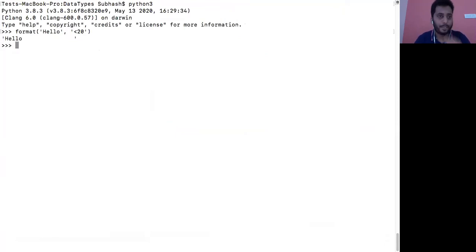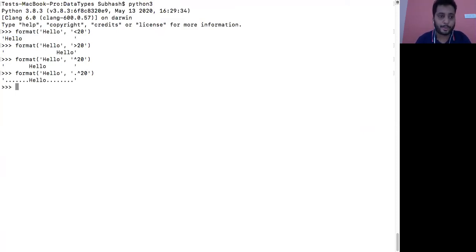You can see 20 spaces are allocated, and it is left aligned completely. If I change the sign to greater than, it becomes like this. If I change it to this XOR symbol, it would be arranged towards the middle. If I put a dot over here, the remaining spaces would be filled with a dot. If I change this to hyphen, it will be filled with hyphen. So this is how your format function works with strings.